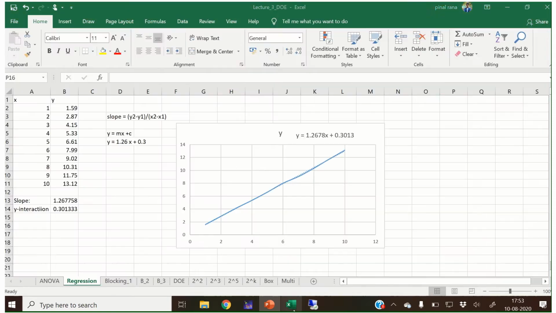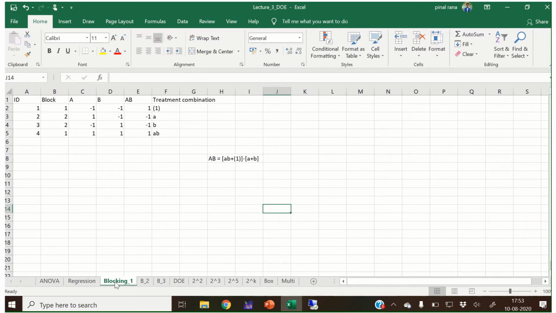Okay, so here I have temporarily taken a 2 raised to 2 factorial design. 2 raised to 2 will give you 4 different combinations. So here is the 2 raised to 2 factorial design. A is -1, B is -1, and second A is 1, B is -1, and this way I have created the design. And the interaction: -1 times -1 will give you positive, plus times minus will give you minus, positive will give you plus.